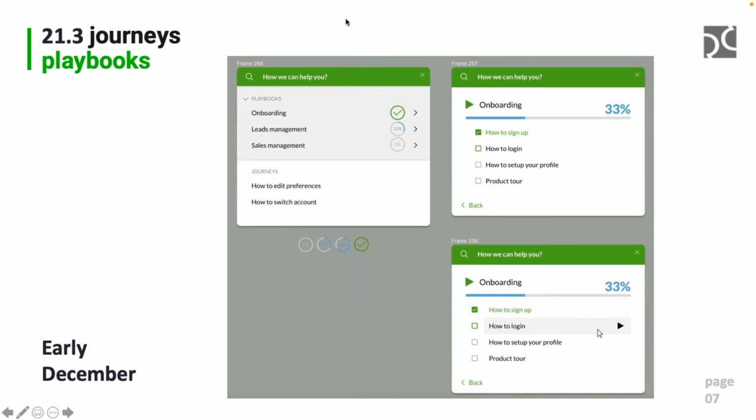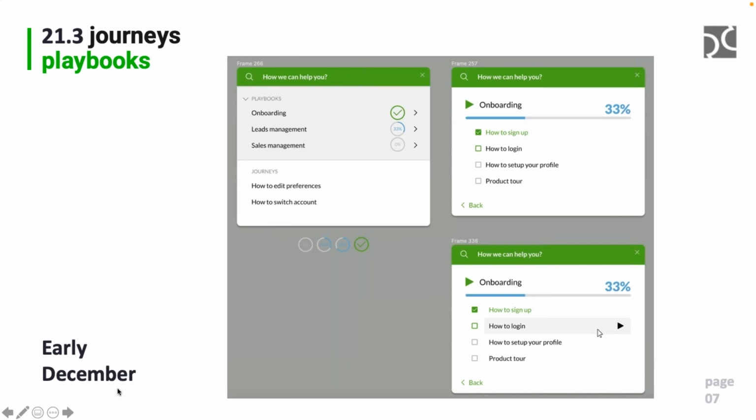For example, if I have two onboardings, one for normal users and one for administrators, and some of the journeys will be part of both onboardings, this will mean that the administrator onboarding will be visible to the normal users, because it's not just an extension. It contains the same journeys that are necessary for both roles. In this case, it really makes sense, as you are saying, to implement the visibility rules on the playbook level. This is not planned for early December,